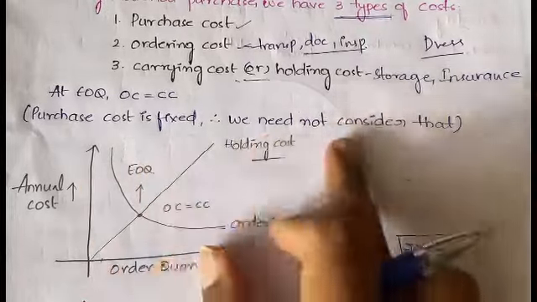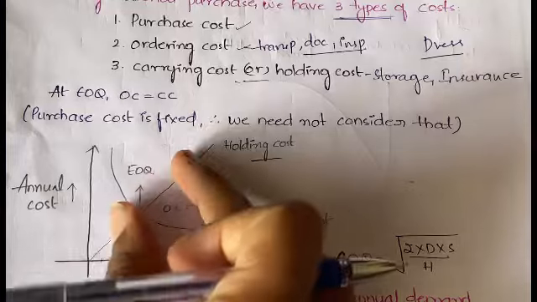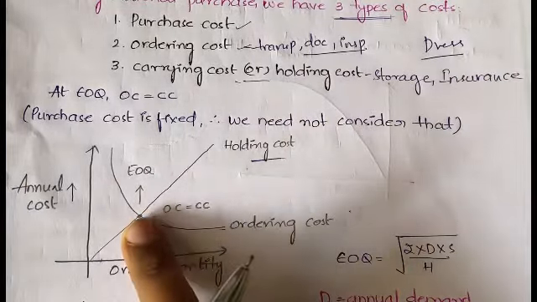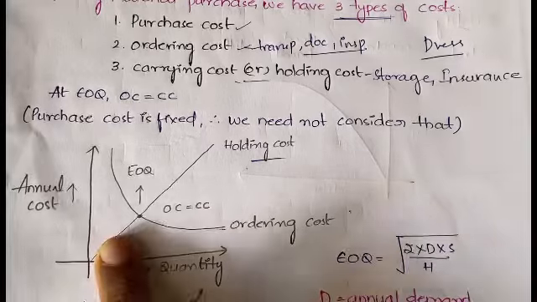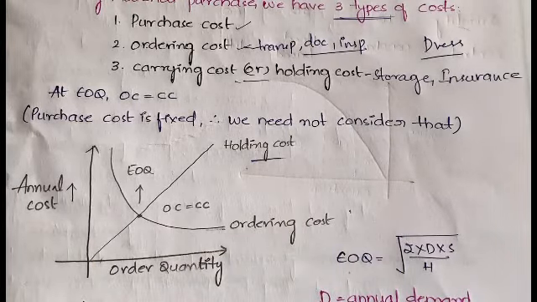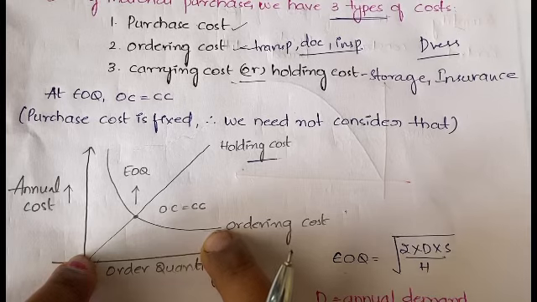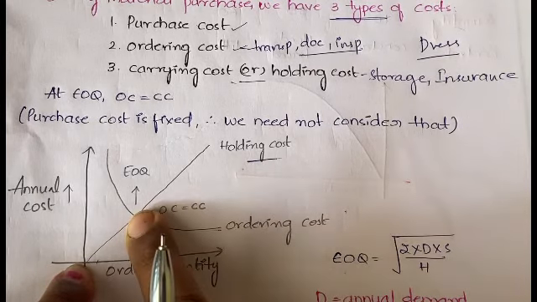EOQ, economic order quantity. That means if you order this much quantity, this many units of raw material, then your ordering cost and carrying cost will be equal to each other, and they will be minimum also. You may also get a doubt that holding cost is minimum here and the ordering cost is minimum here, so how can you say at this point the ordering cost and